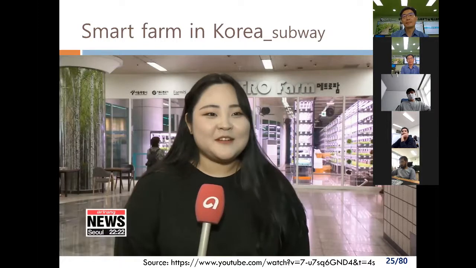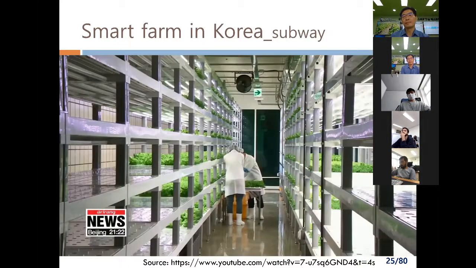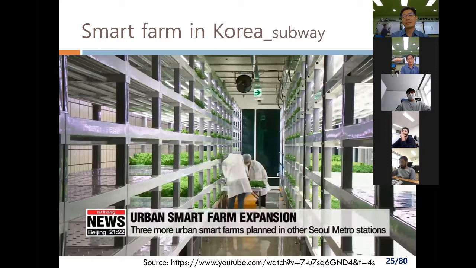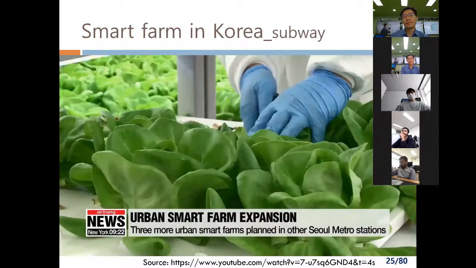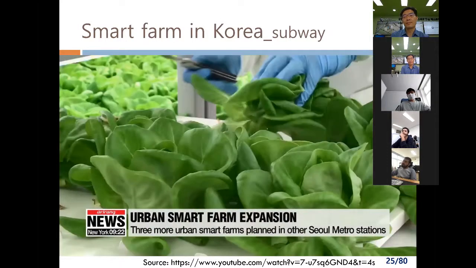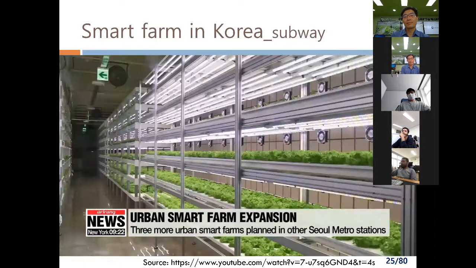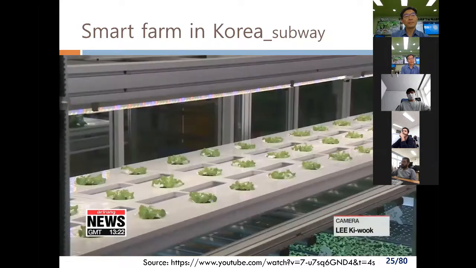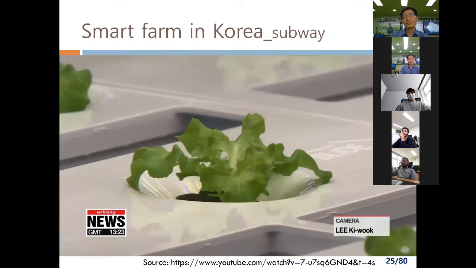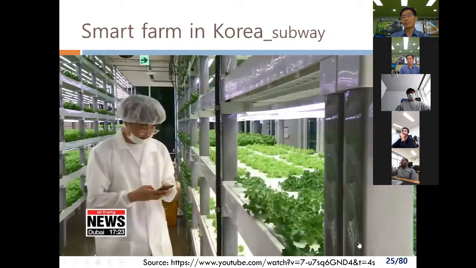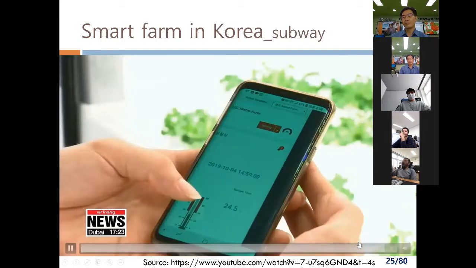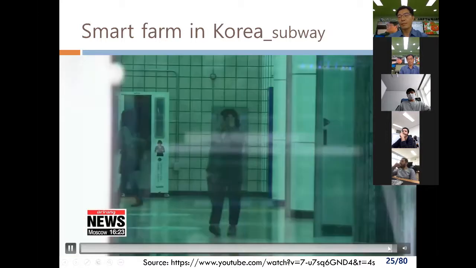Another urban smart farm has also opened at Tapsimli Station, and they will open in 3 other subway locations, including Chungjeonglo Station within this year. The city government and Farm8 are looking forward to creating more urban smart farms in the long term, so that people can enjoy crops at lower prices and become more aware of the latest in agricultural technology. Kim Bo-kyung, Arirang News.